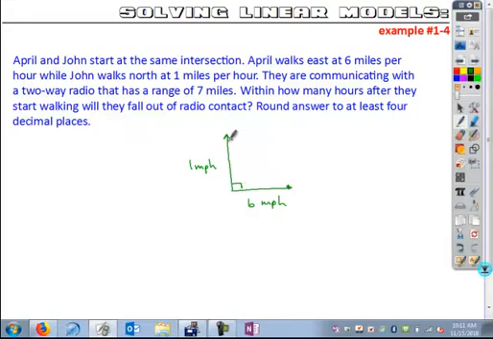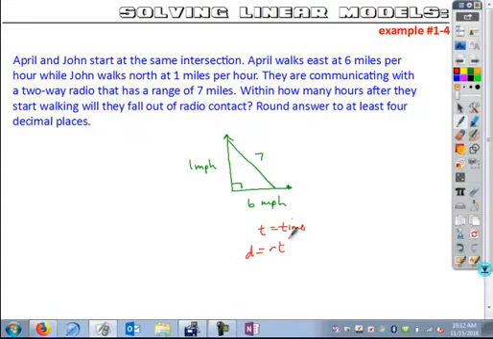And so what that means is at some point, this distance right here, once it gets to 7 miles, they're no longer able to contact each other. Right, and so what this is asking is in how many hours after they start walking will they fall out of radio contact? Well, you don't know the t value, right, but you do know that distance equals